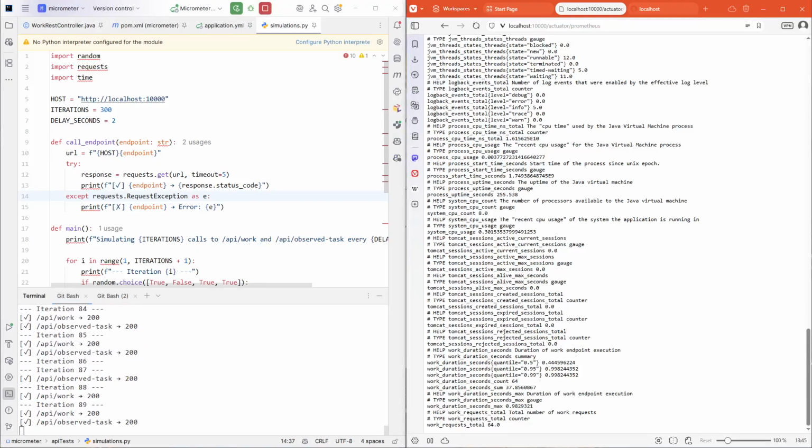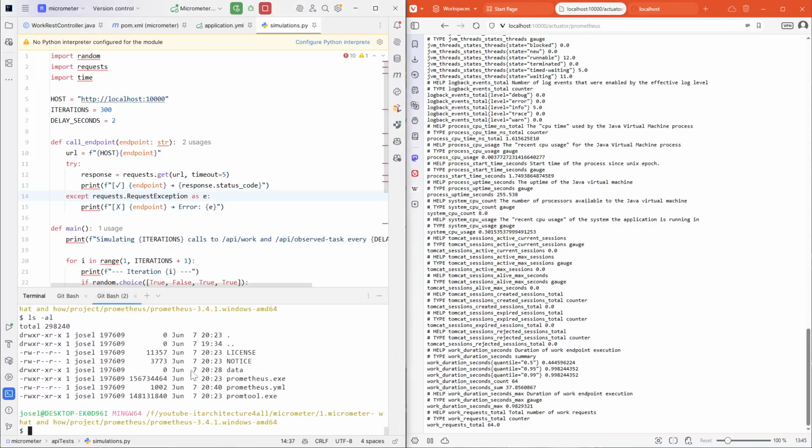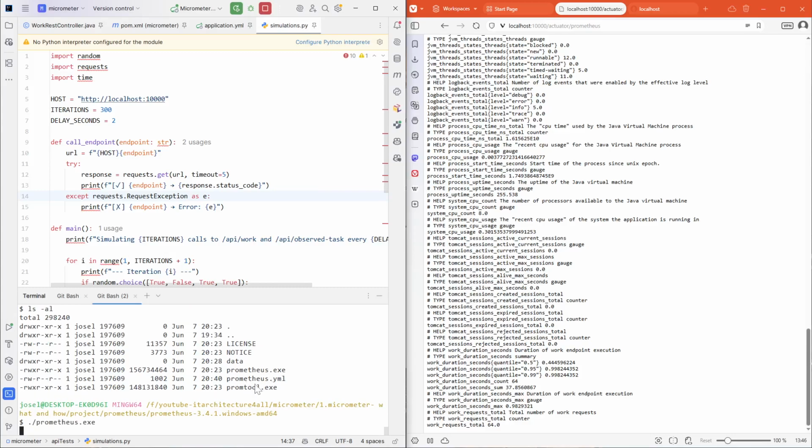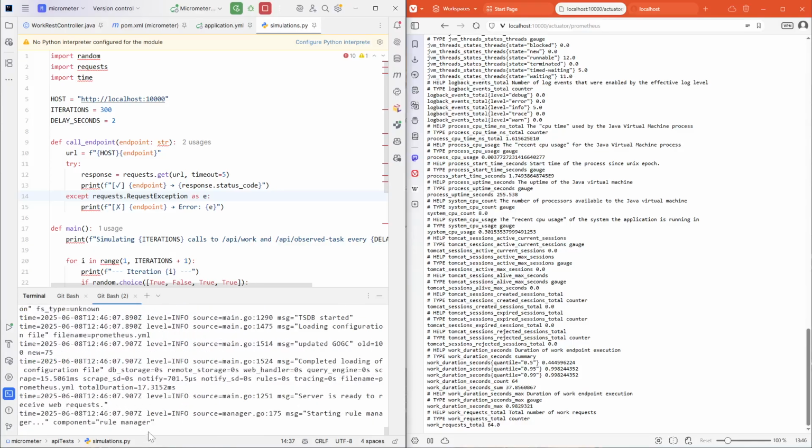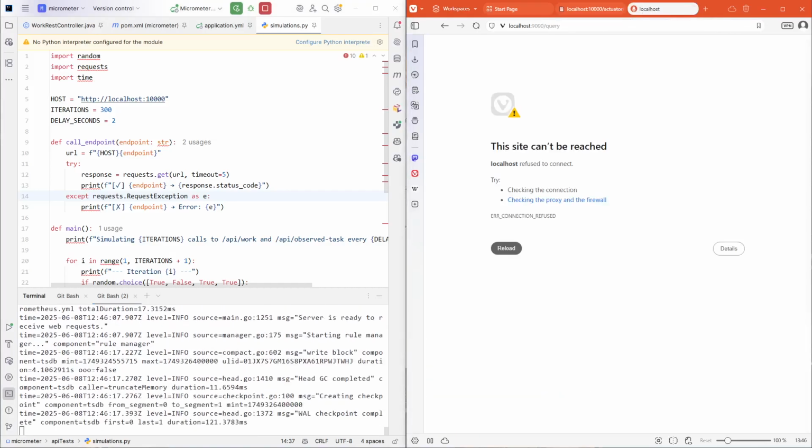It's reaching 100. So let's start now our Prometheus. Again, just download, unzip, and execute. It is as simple as this. I don't need to provide the file name. You can, but by default, it will look for this file. So let's start. Usually if everything starts well, you don't see any error message here, and you can see that it read the configuration here. So now that it's starting, we can do something like